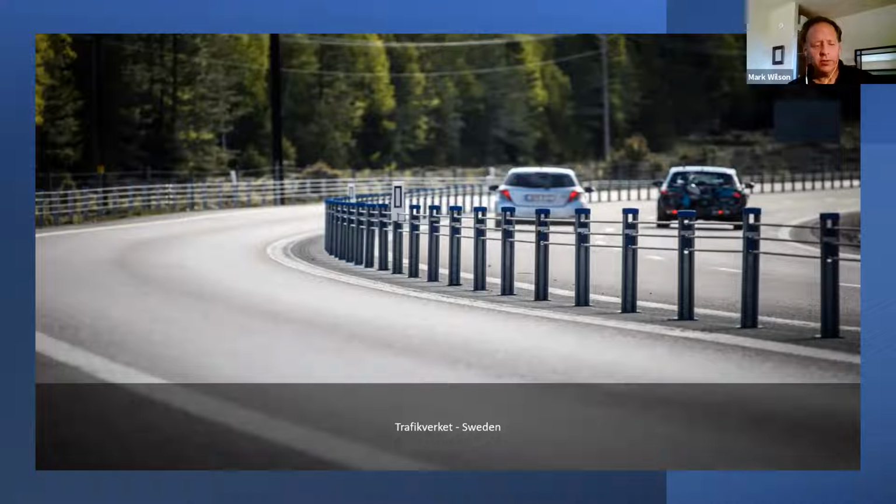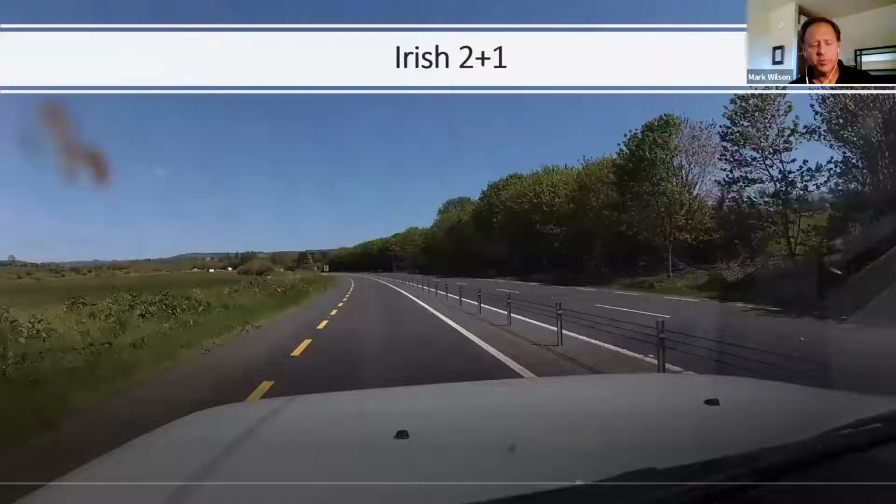Here's a photo I took in Ireland, and you'll notice the same style of cable barrier in this particular case. And also note the slightly wider profile, slightly bigger shoulders, on these Irish carriageways. And in Ireland, some of the 2+1 roads became unsuitable for the volume of traffic. And so they were able to expand the 2+1 profile to a 2+2 profile quite easily. And they've had success with these 2+2 roads with narrow medians, and they continue to build more.